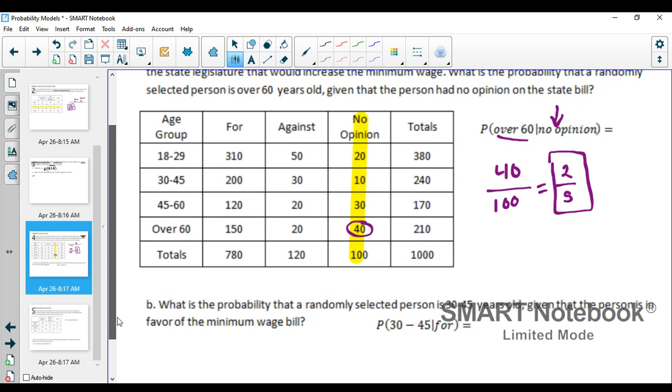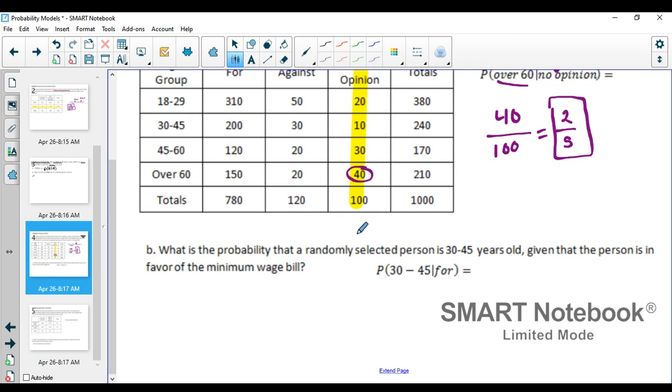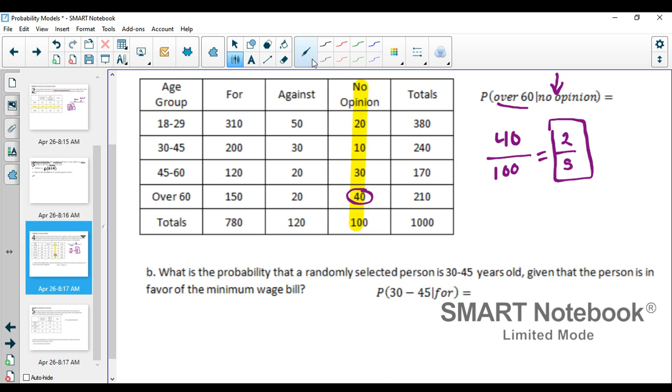All right. Part B of this asks, what is the probability that a randomly selected person is 35 to 40 years old, given that the person is in favor of the minimum wage bill? So now it's the probability of 30 to 45, given that they're for it. So now we are looking at,